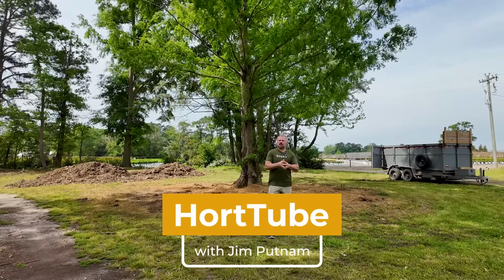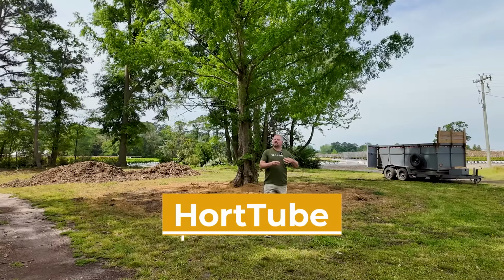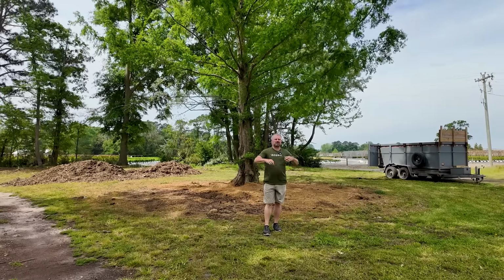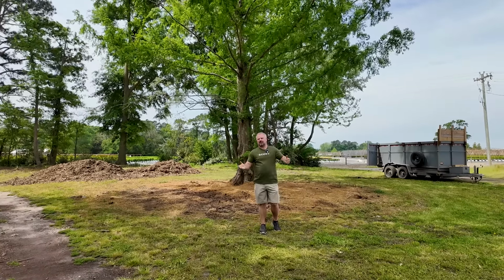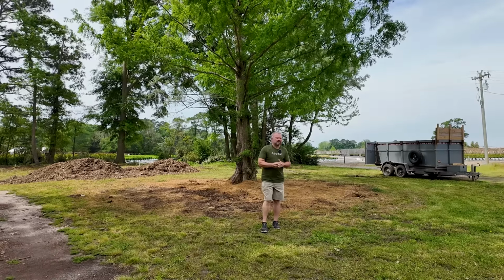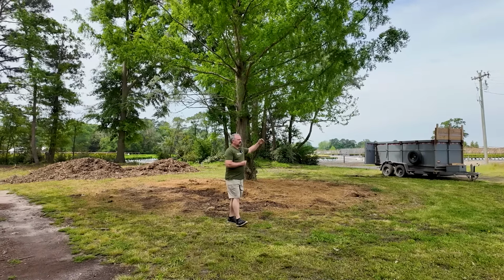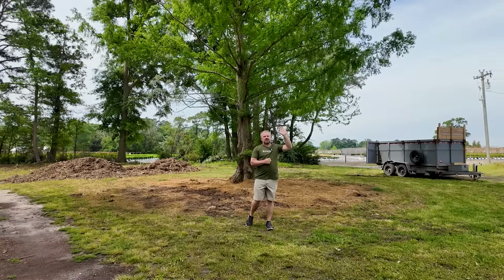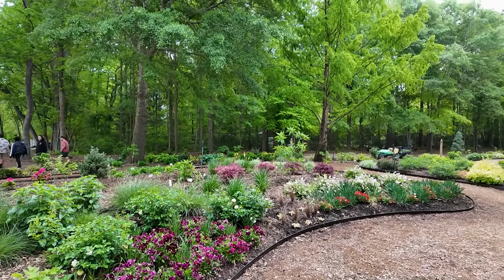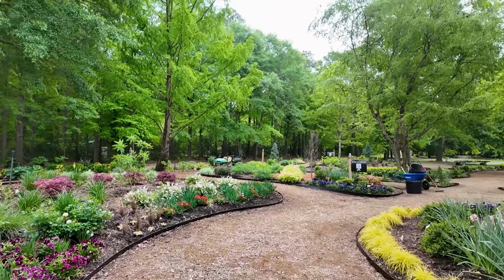Super excited. We're jumping in and getting things started in our, we don't know what we're going to call it. It could be the Jim and Steph garden, the HortTube garden. Don't know what it's going to be called here down at the gardens of southeastern North Carolina. The Johnson family, their nursery is right back here behind us. They have a garden center over here, and they've started on this amazing botanic garden. And we covered that in the first video introducing this garden, but we're down here for the first day